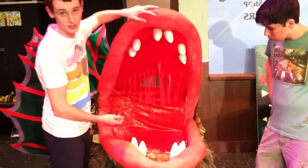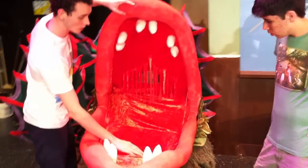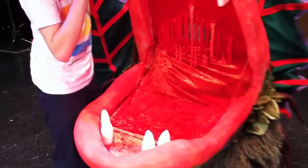Open up nice and wide. There is also what feature in here? What we got in here is just a little mesh right here, so your actor or your puppeteer can breathe. And right here, the Velcro. What happens is right before Act 1 ends, someone off stage is going to remove the Velcro here. As you can see, here's the bar we talked about, and here's the puppeteer's hand. You're going to fold that in here, and what can happen is,